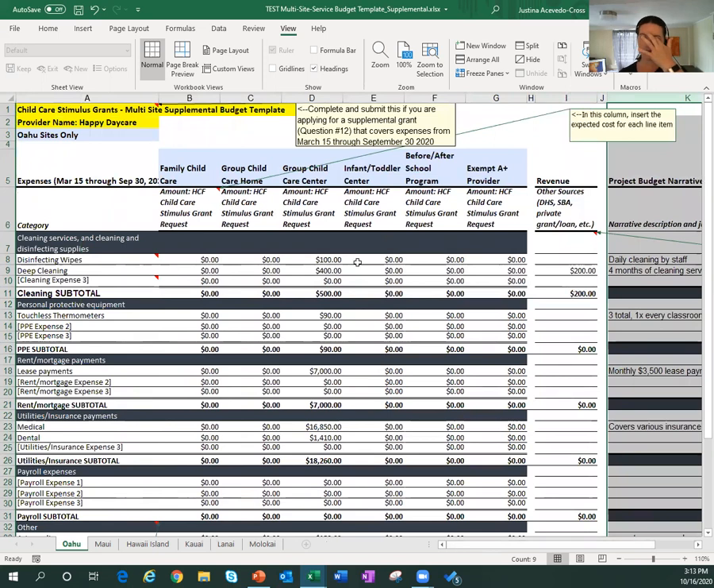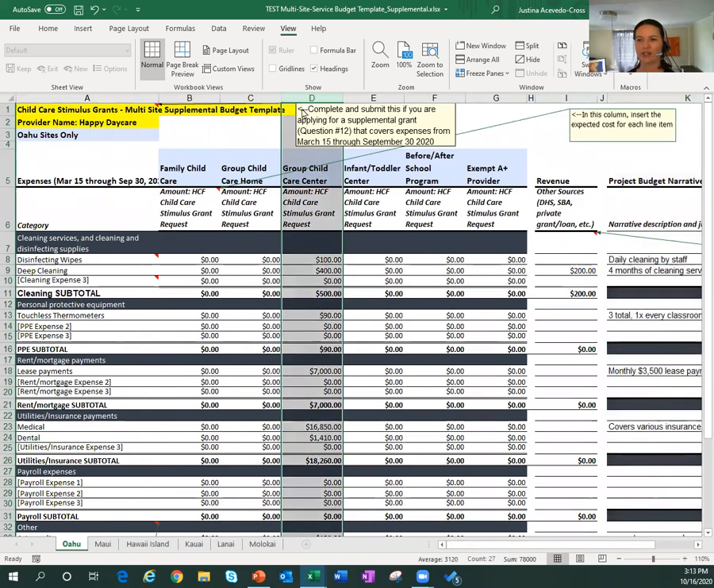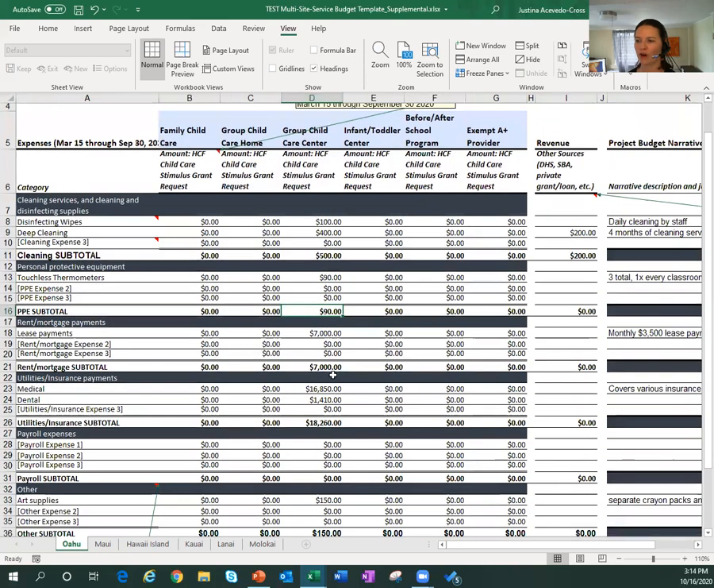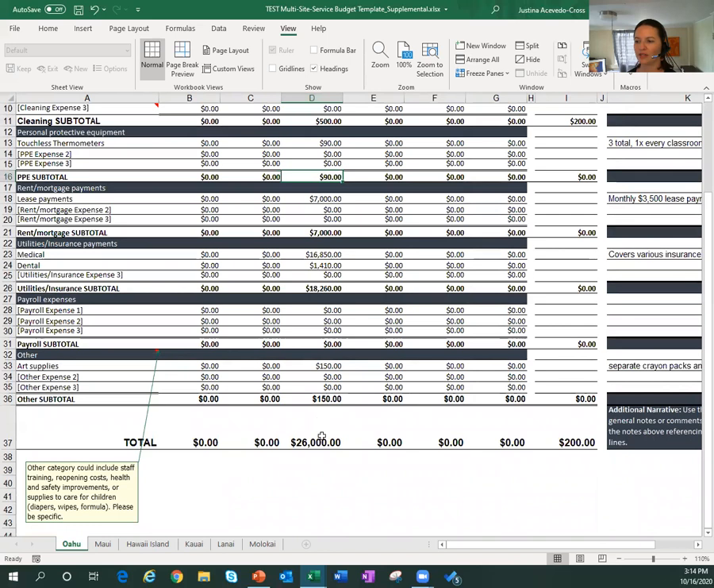So as you can see for Happy Daycare, that's a group childcare center. It just has the one site here on Oahu. So they're going to fill out this column here on Oahu for all their expenses. And the group childcare center qualifies for up to $26,000. It doesn't have to be that amount, but it needs to be $26,000 or less that you see in this